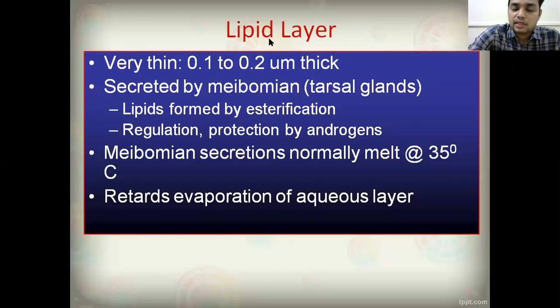So this is about the 3 layers of the tear film. This tear film may come as a 2 marks question. If it comes as a 2 marks question, you have to write about all these 3 layers, and from where they are secreted, where they are produced. For suppose the lipid layer is produced from the meibomian gland, the aqueous layer is from the lacrimal gland, and the mucus layer is from the goblet cells of the conjunctiva. And we have to write about the functions of the tear film.